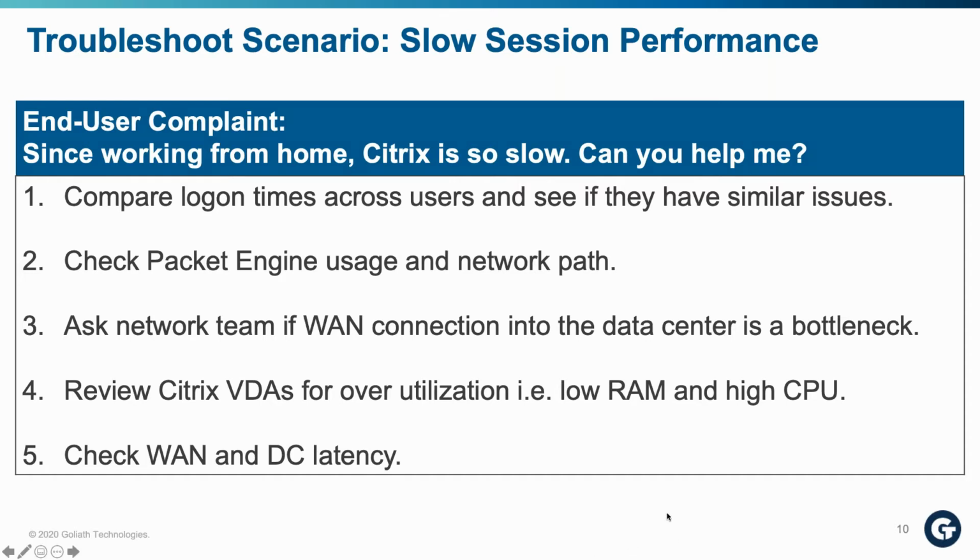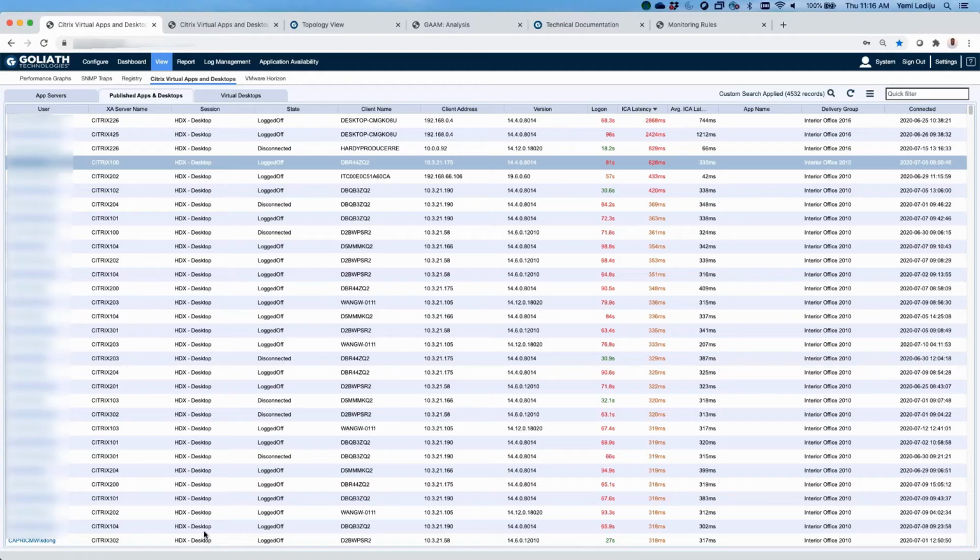So let's take, for instance, a user calling in, complaining about slowness inside of their session. Our customers will quickly flip over to this section here. This is the Citrix Virtual Apps and Desktops session display, and this is where all of the sessions in the environment will populate. So you can see the app servers, published applications, desktops, even VDI if you have that available in your